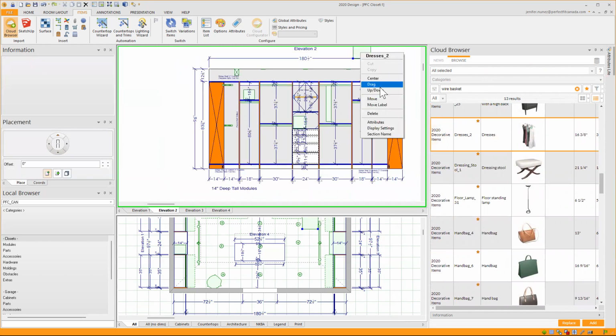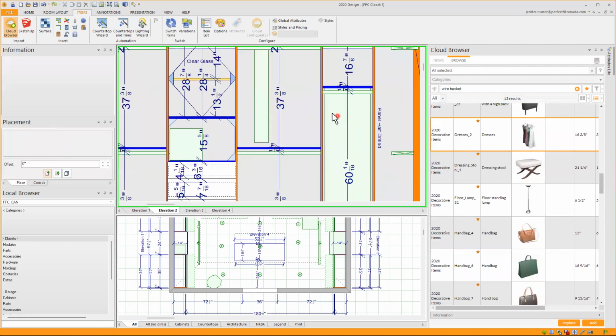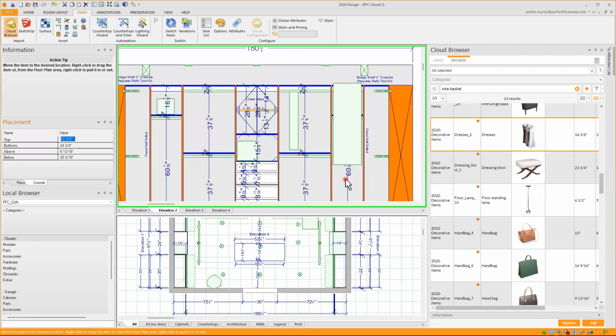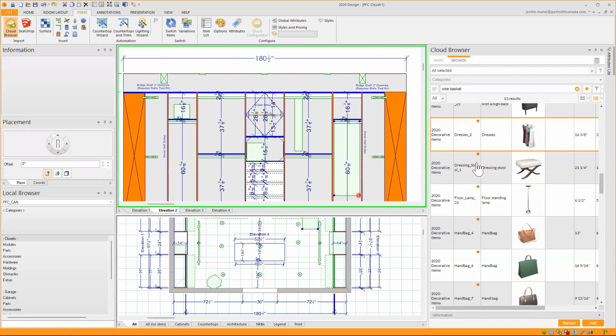Dress up and down. I will zoom in just to make sure. Right click, up and down. And I will go a little slow. I will just zoom out and drop it right there. Again, if I want to, I can go to attributes, and